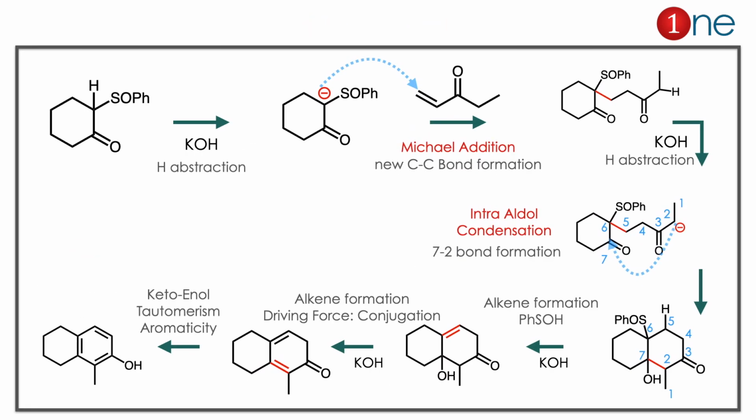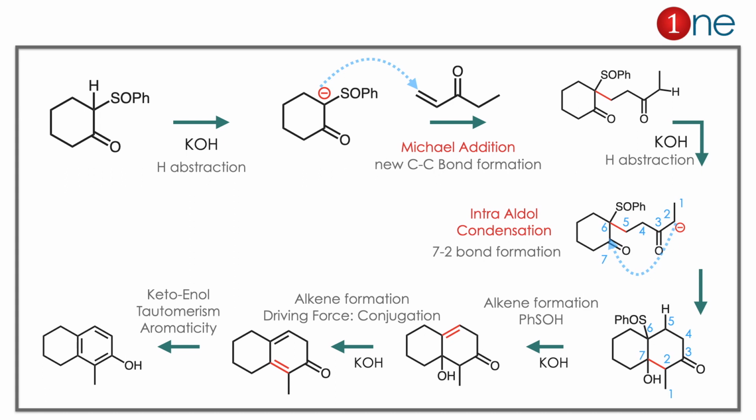Here in the starting material you have a ketone and you are using KOH. So proton abstraction will be there. You have a negative charge formed at the alpha carbon, so an anion is formed and you have Michael addition. Here the Michael addition is from the enolate. Here I have written it simply as a condensation reaction. So a new C-C bond is formed there.